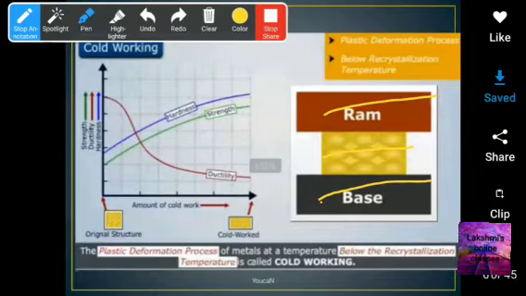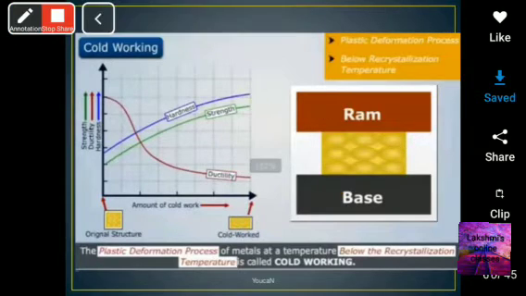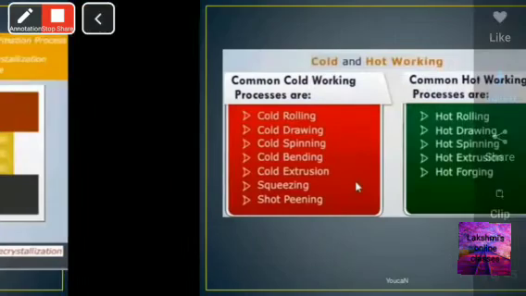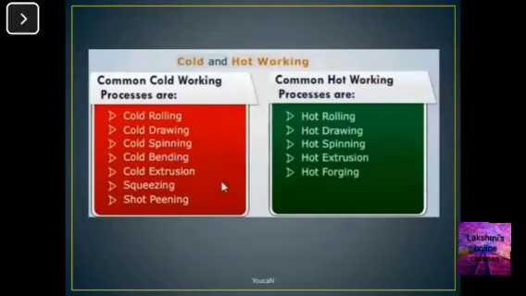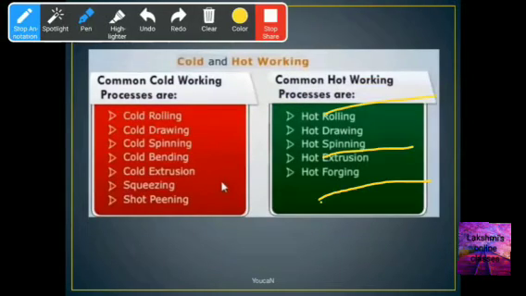Correct. So here the workpiece is not heated from room temperature to recrystallization; it is worked below the recrystallization temperature. We are calling it the cold working process. Right. So this is the common difference you can observe. The common cold working processes include cold rolling, drawing, spinning, bending,